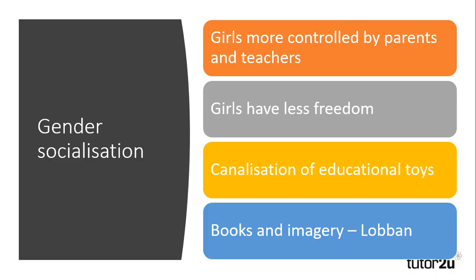Furthermore, girls are socialised through the process of canalisation into more expressive roles. Gendered toys and books and learning activities reinforce the position of female in the expressive role, and research by Loban found that children's books and fairy tales often present female characters in domestic roles, while males are presented as being more likely to be adventurous and daring, which reinforces their position as being dominant in society.